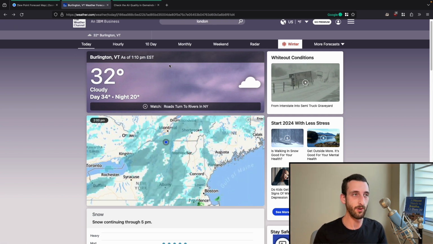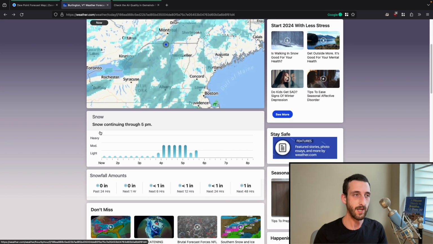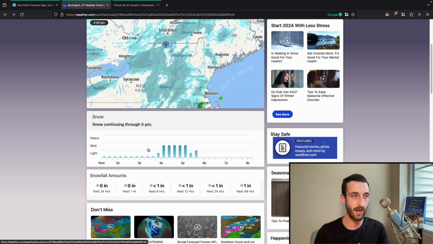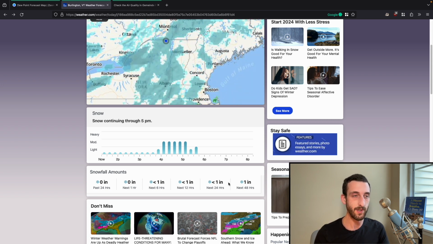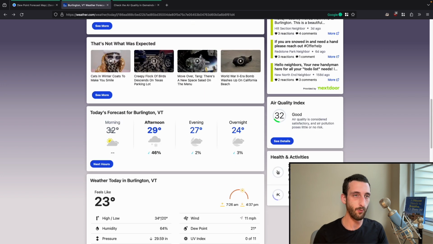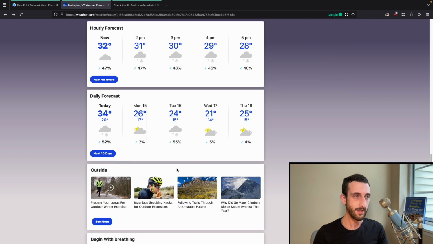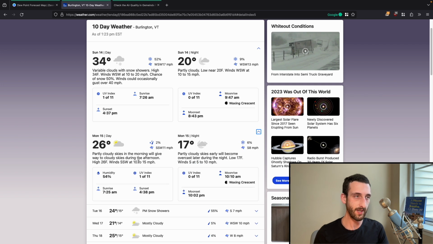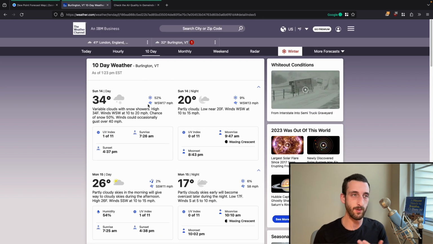So yep, you type in your location, you can see the current conditions, you can see the Doppler radar, which is cool. You can see through the next several hours what the weather is supposed to be. We can see snow continuing through 5, snowfall amounts for the next 6 hours, 12 hours, 24, 48. That's pretty useful. And you have your hourly forecast and daily forecast, so you can click on certain days. What's it like Monday? Oh, partly cloudy skies. We got humidity this, that. So the app is fairly similar, but I consider this to be the most accurate app.